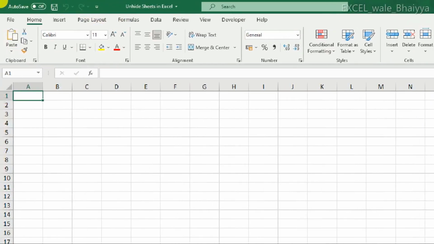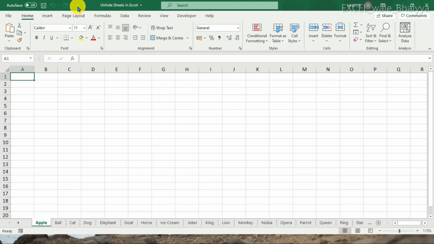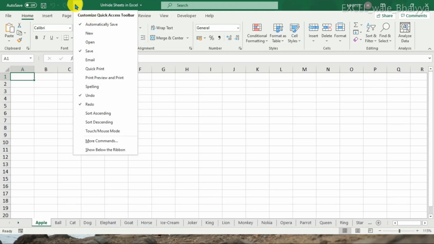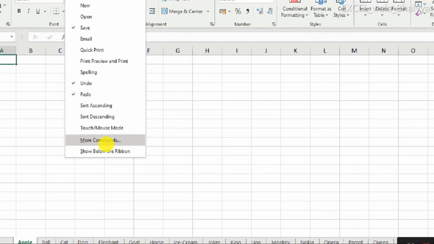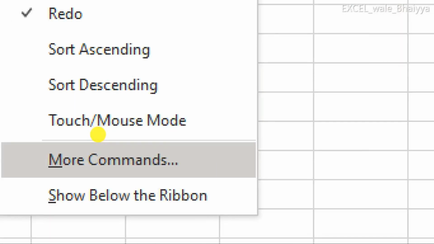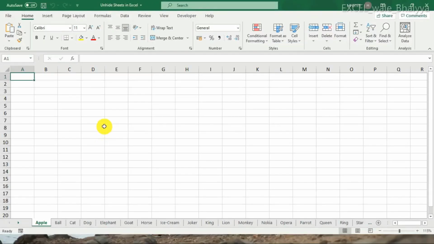Here there is a button called Quick Access Toolbar. You just need to click on this drop down list, and go to the More Commands button, which is the second last option as you see on the screen. Just click on it.